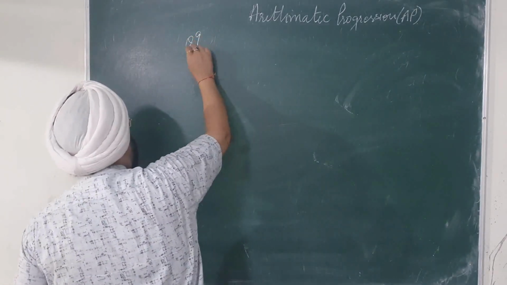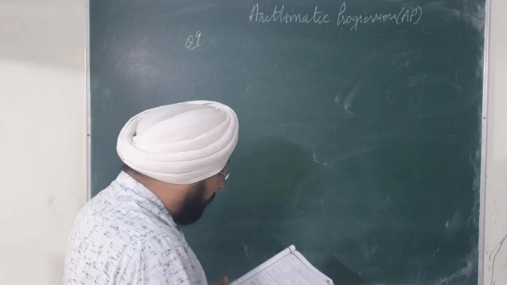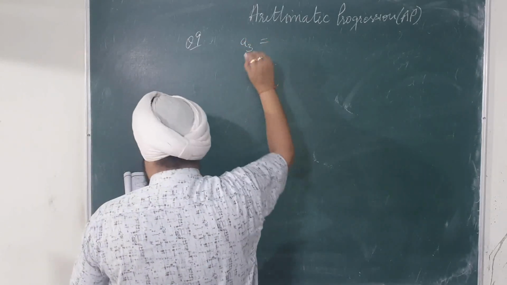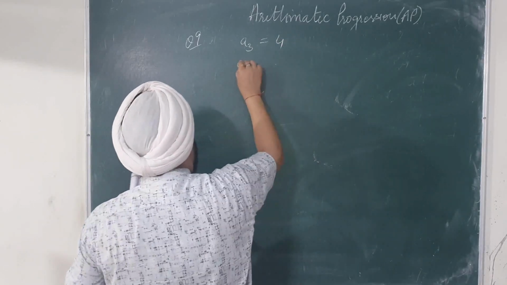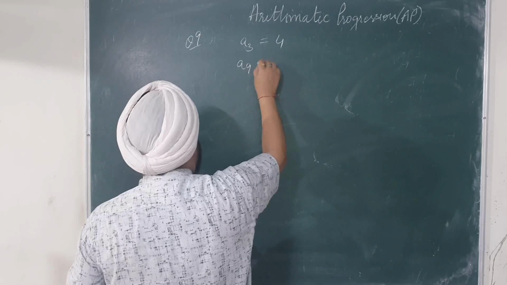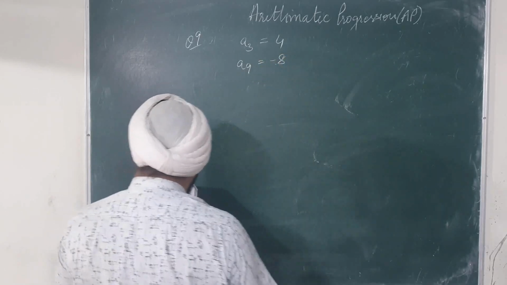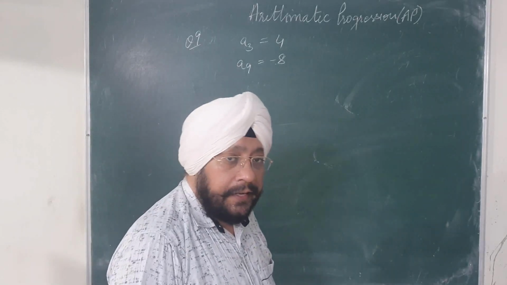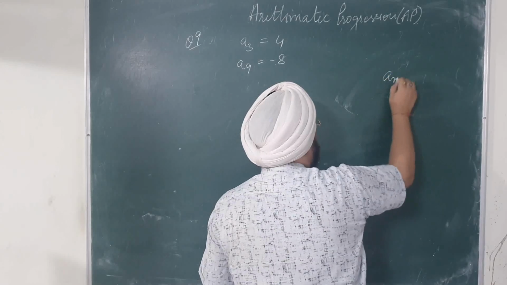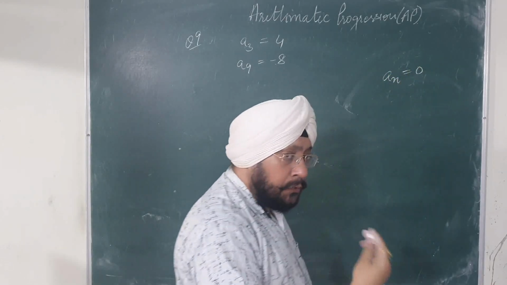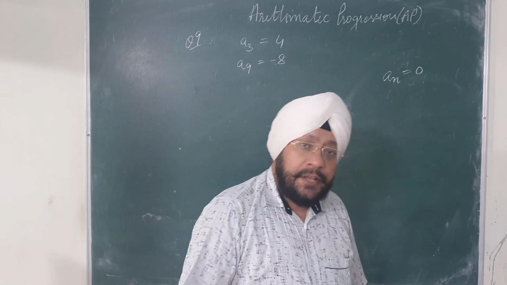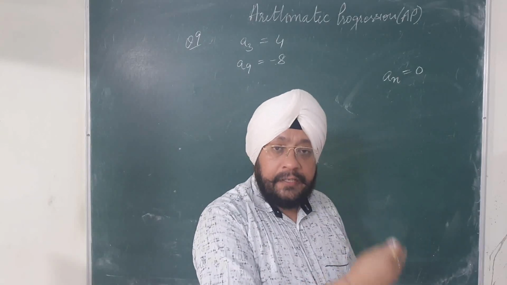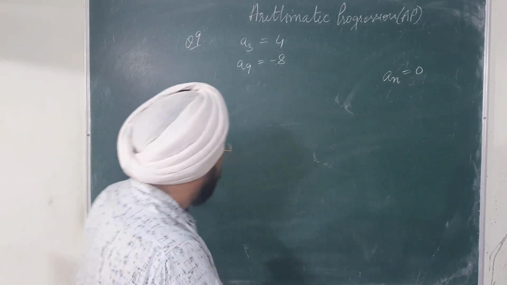Now see, what is sum number 9? Sum number 9 is where the third and ninth terms are given. The third term is given as 4, and the ninth term is given as minus 8, and the condition is which term of the given AP is 0. Let us take an is equal to 0 because we don't know the position of that particular term. If a term is 0, we have to find n, that is the position of that number 0. So see how to find it.